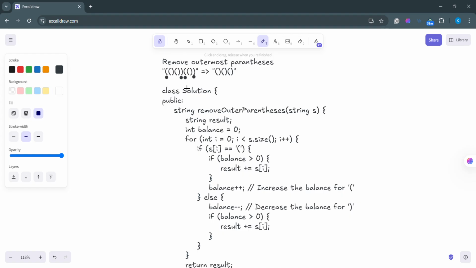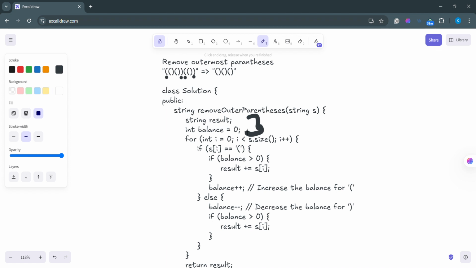Assuming that the stack is not being taught yet here, we'll just go through the basic string method. We'll use a counter here. So yeah, diving into the solution, this is the result array, which stores the answer,